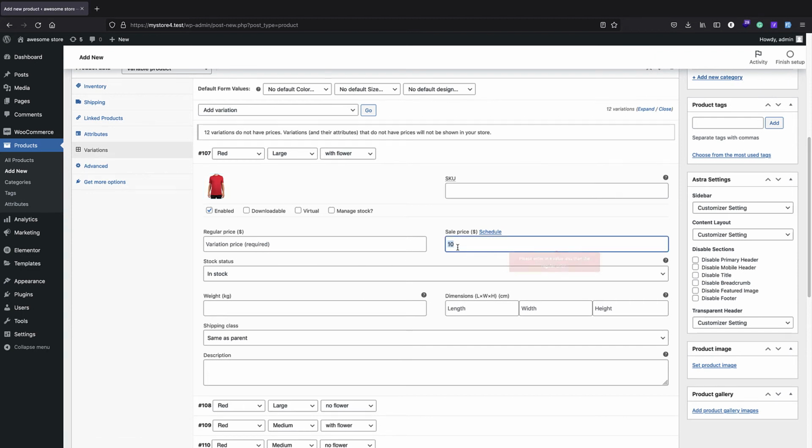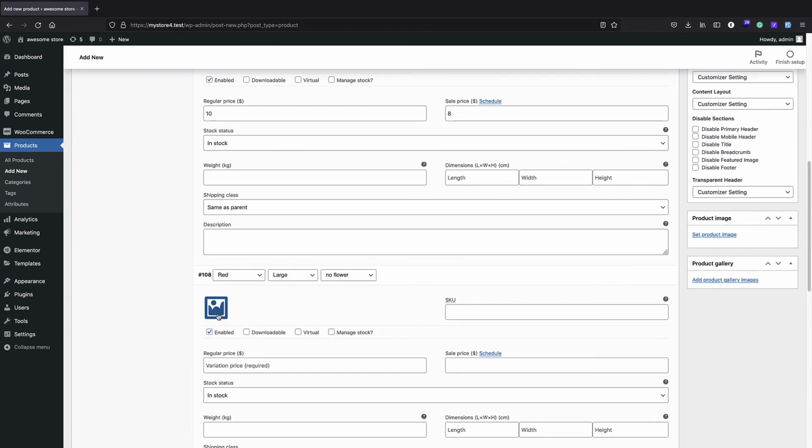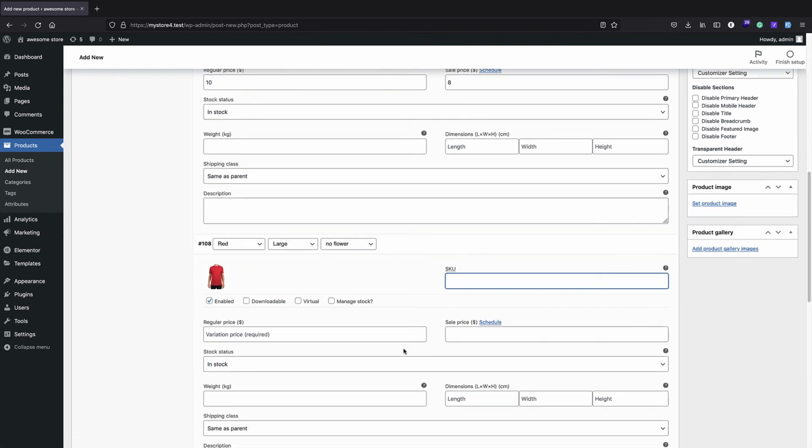Sorry, this is the sale price. I just have to enter the regular price. You can have sale price independently for each variation. For example, for the red, and we're just going to set it only $8, and that's okay. So we have it for this one, and you just have to enter it for each variation. So again, we have red. I can just add it and